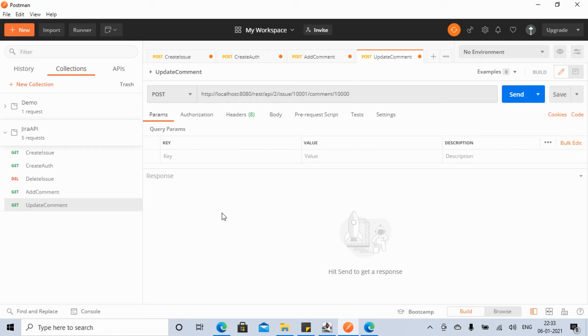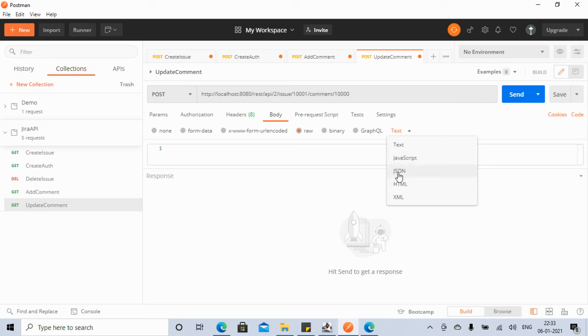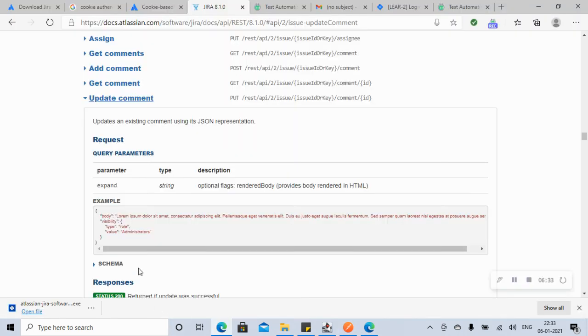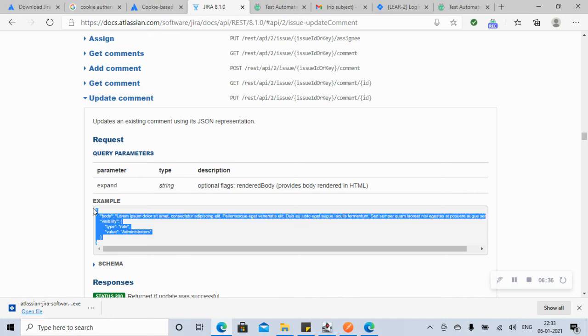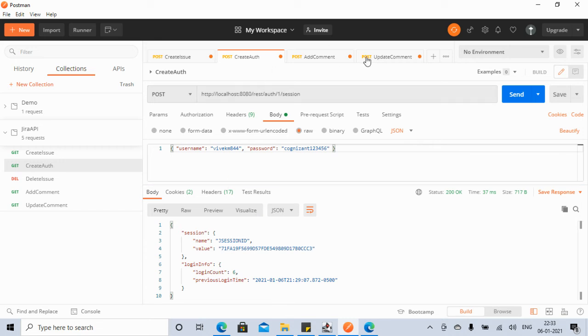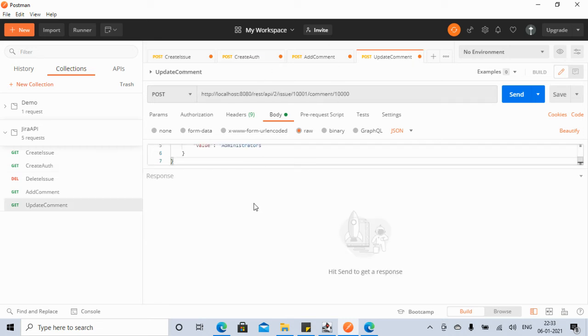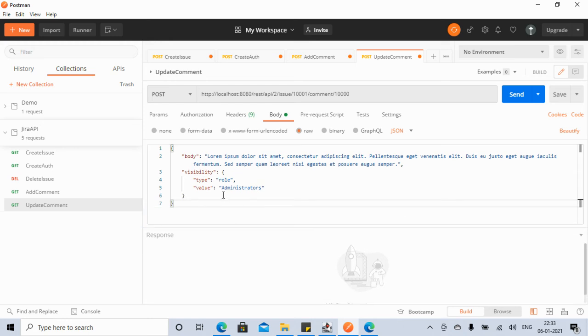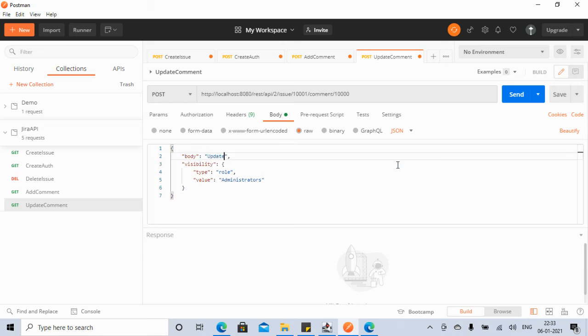Okay, and then we have to get the body. Go to the body and raw, and here you say JSON. It's very easy now. If you go here and see, you can copy this part. So we are doing everything in Postman, but from the next video maybe we'll try to automate all these things. We will get the session ID during the runtime, and using that we will automate everything, and we will validate our response. So we'll do all those things. So suppose we want to update this comment: updated comment by API. Okay, so this is one thing.